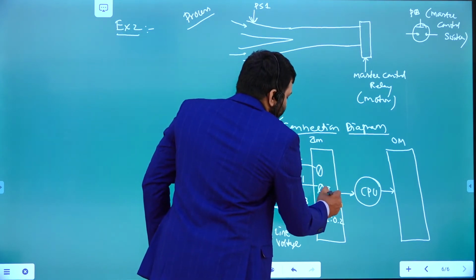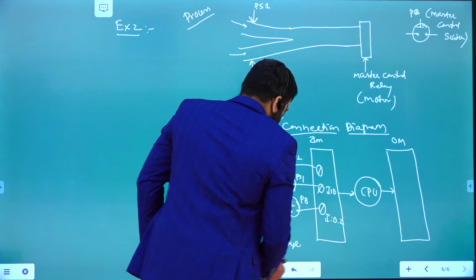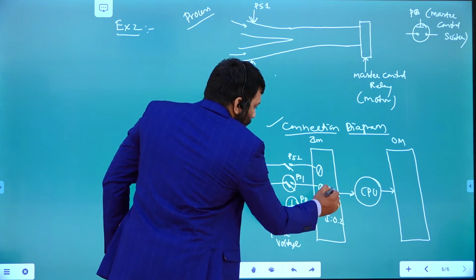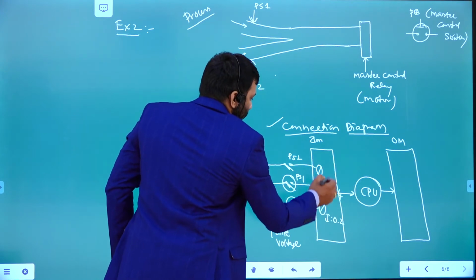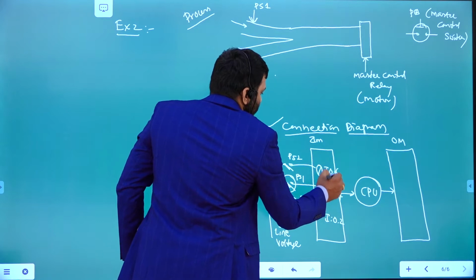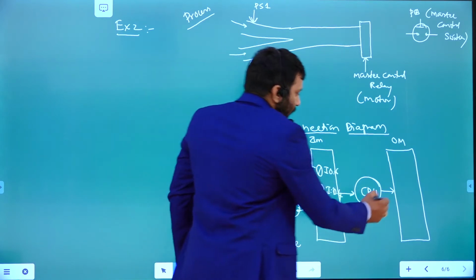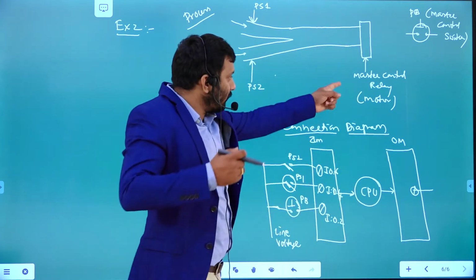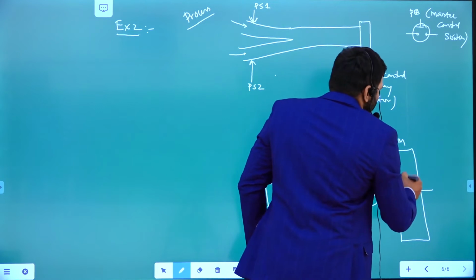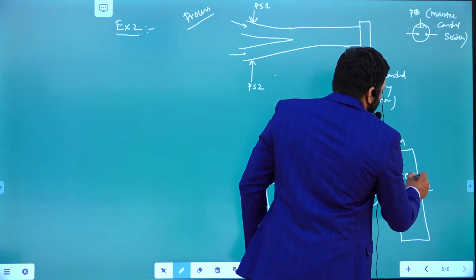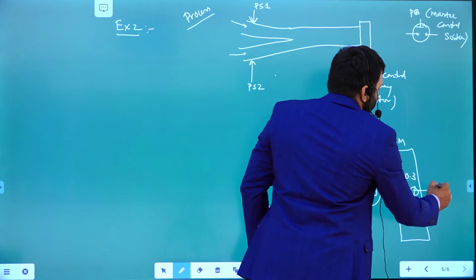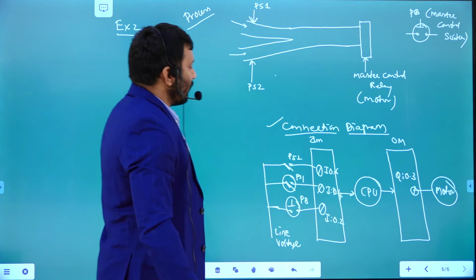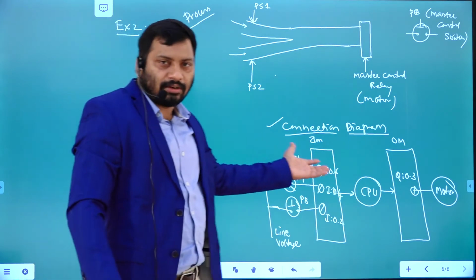In the similar way, I 0.4 for example, its address is I 0.6 for example, right? So in the similar way, here output is going to be connected, here the motor is going to be connected, the master control motor is going to be connected to some terminal, I 0.3 for example, right? Here the motor is going to be connected. So this is going to become the connection diagram. Remaining terminals are there, that is not our intention here.